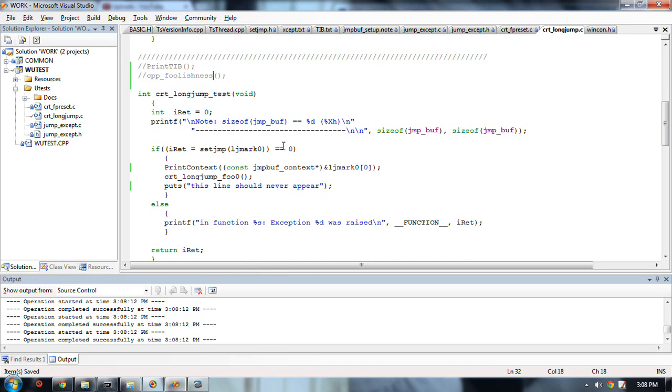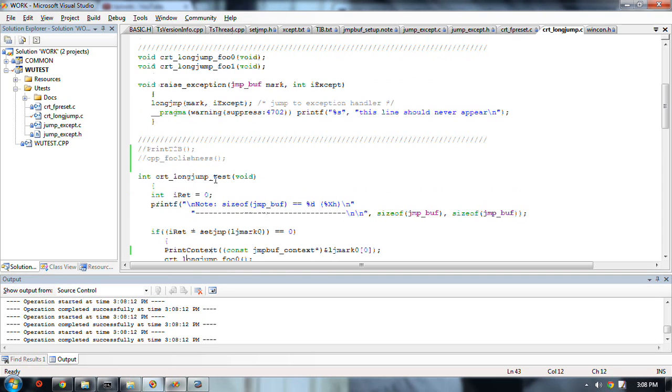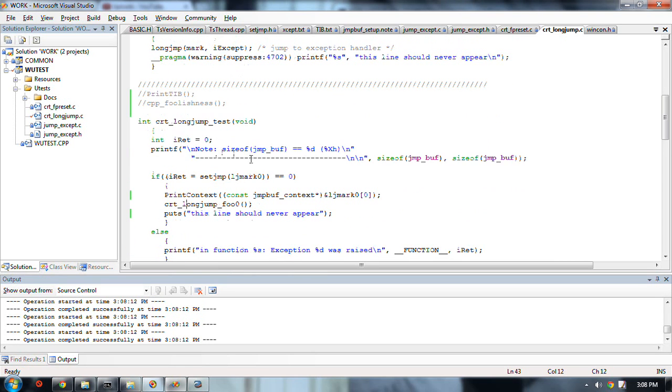What this here is, from C, I'm calling a C++ function that is exported as C, and I wanted to see if there was any object unwinding that occurred after the long jump, and the answer was no, which I expected. However, the code tells a slightly different story, and I believe we were on this line